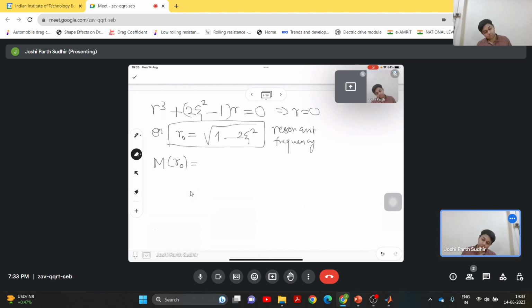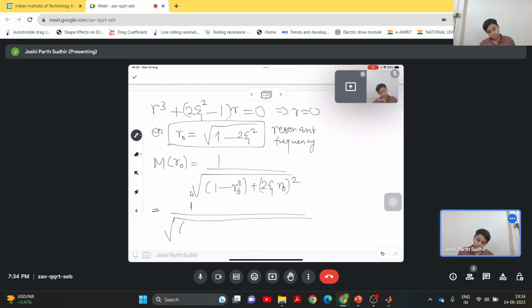That will be 1 upon root of (1 minus R naught square) plus (2 zeta R naught) whole square, which is equal to 1 minus (1 minus 2 zeta square) the whole square